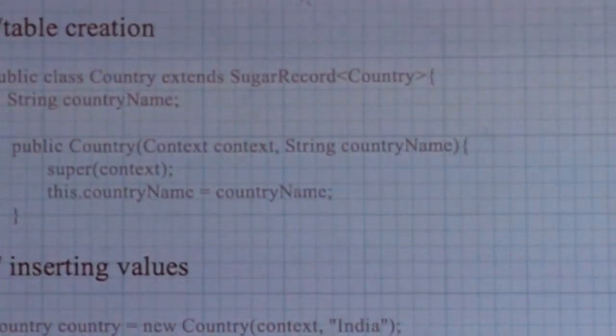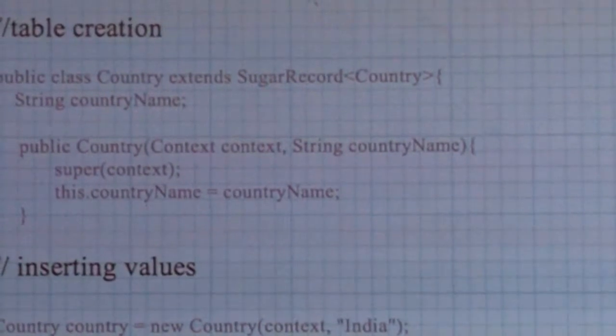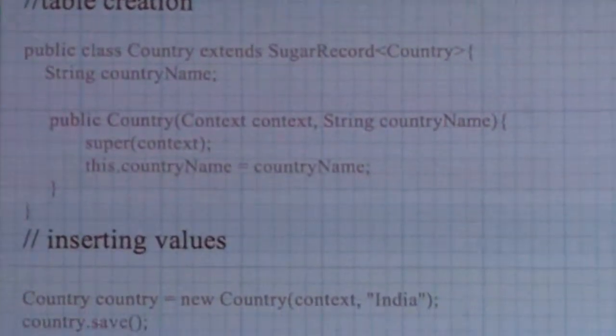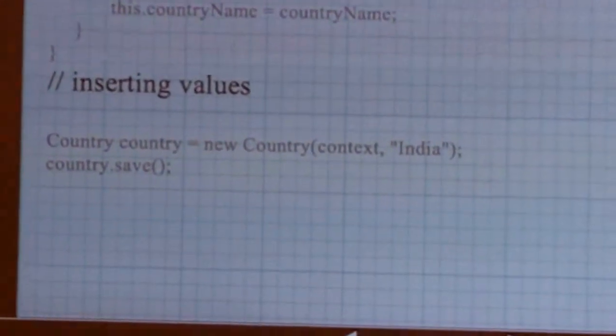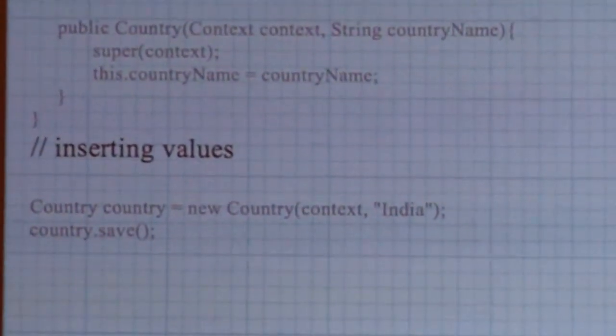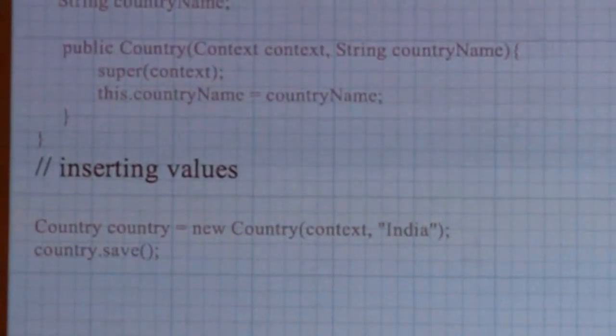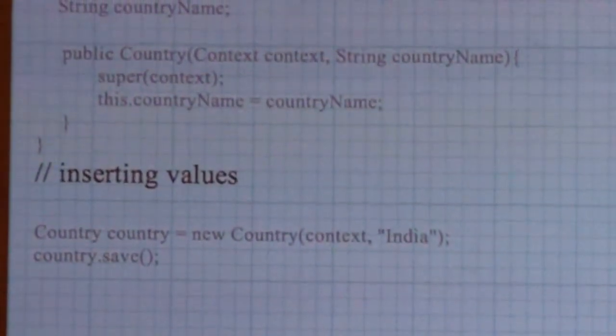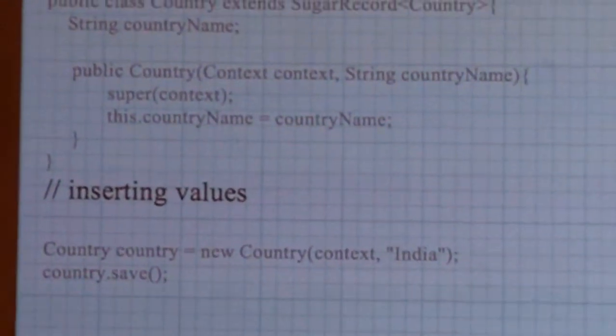It's as simple as that. So for table creation, you don't need to do anything else. Create an object extending Sugar record, and that's pretty much it. Inserting values, as you can see, just create an object of that and dot save. That would save your record.